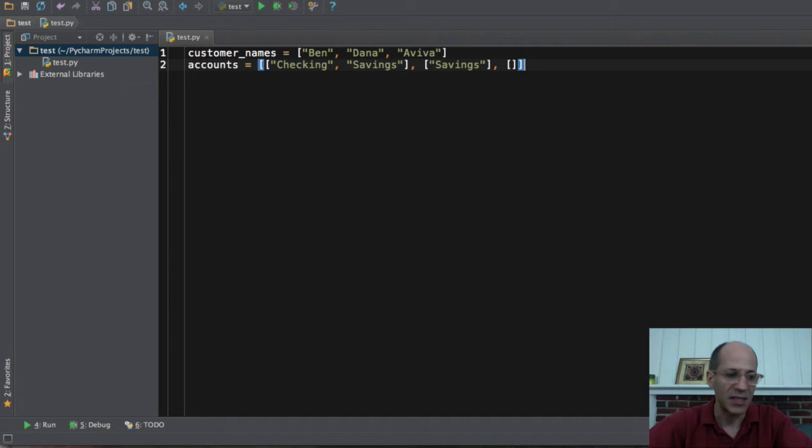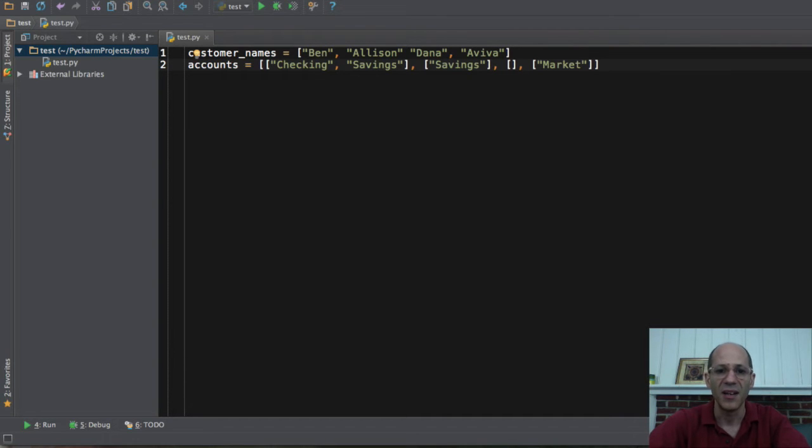Okay, that might work. It's a little bit tricky. In order to do this, we have to know exactly what is going on, and each account has to be, right now, hard-coded with the list of customers. So if you update your customers, you have to update very clearly, very carefully, the count. Like if we were to go and insert a new person in here, which is my wife Allison, well, and then we went and put her accounts at the end. Maybe she has, I don't know, some kind